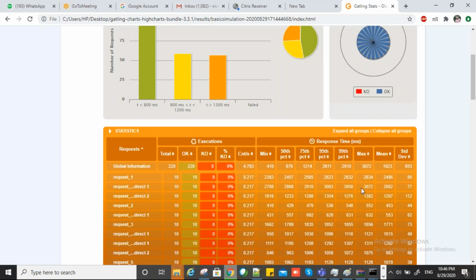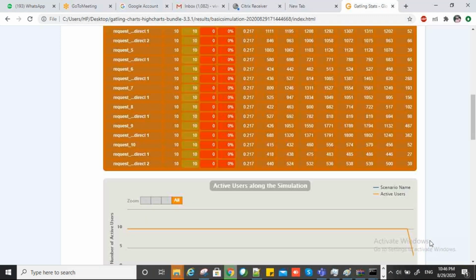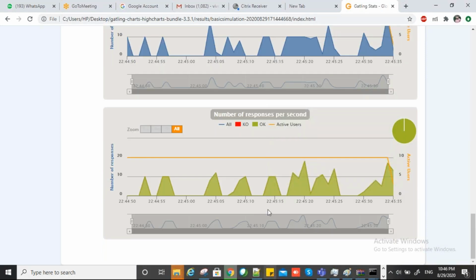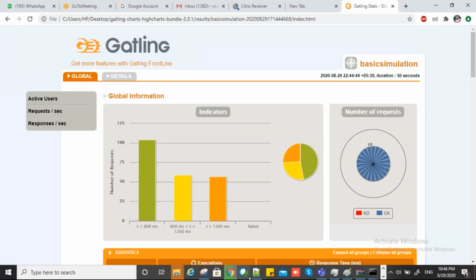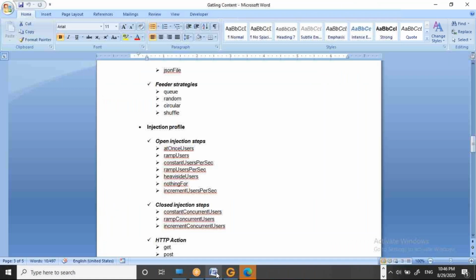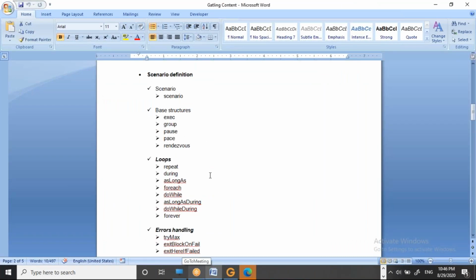So we will try to understand this chart, the report, and all these things. Then, okay, so we are here, right? So then I will tell you.